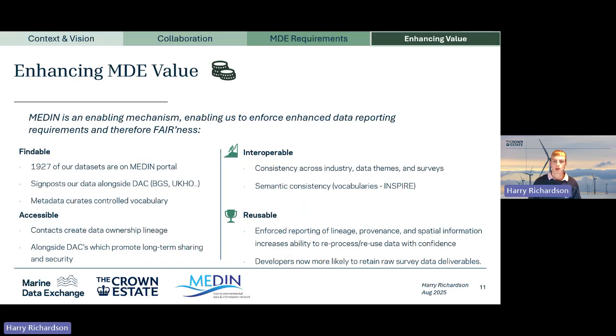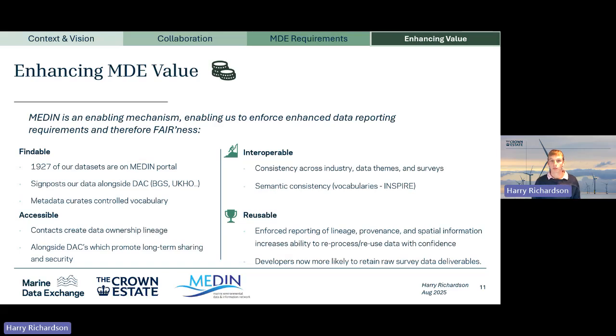for our database. So, just conscious of time, I want to mention the main bits, which are really interoperability and reusability. Interoperability being a bit of a challenge, and reusability being a real achievement we've got through MEDIN. So interoperability, I say it's a challenge because of that vast variety point I keep mentioning. Because we have so much data on the Marine Data Exchange, we don't require transformation of data because we have such a variety of data sources, types, themes, and instruments collecting data for the Marine Data Exchange. And therefore it's not feasible